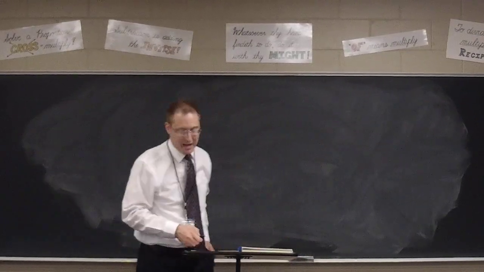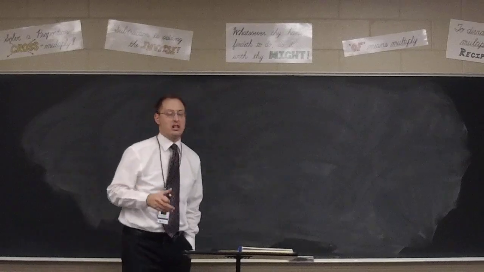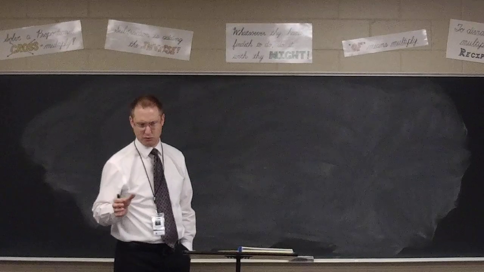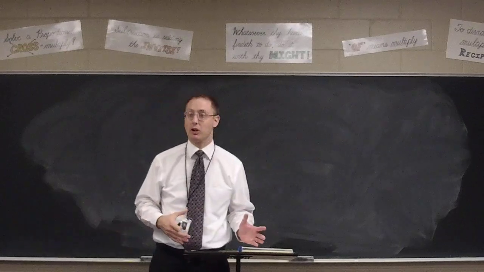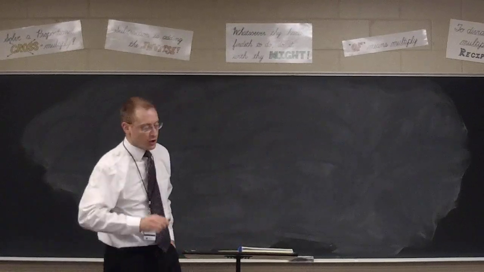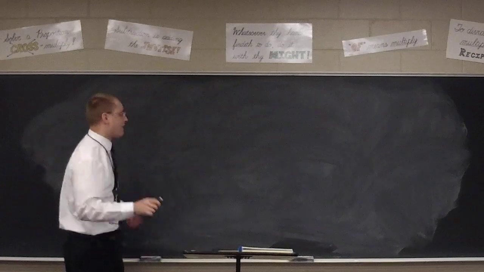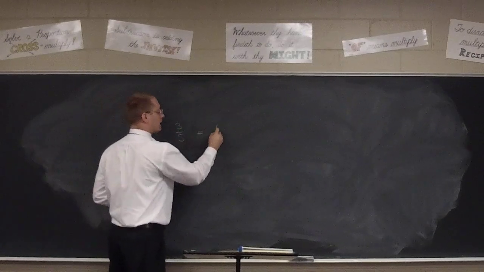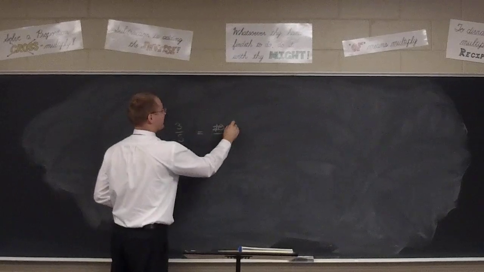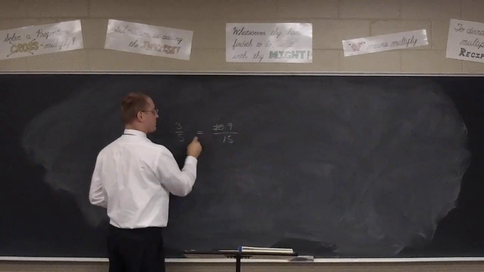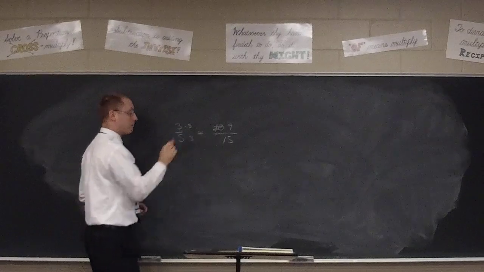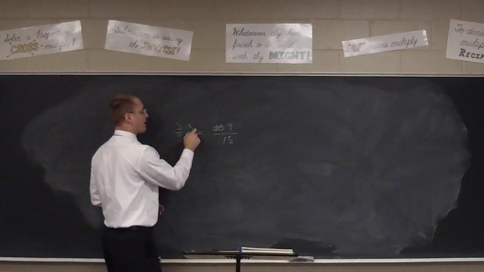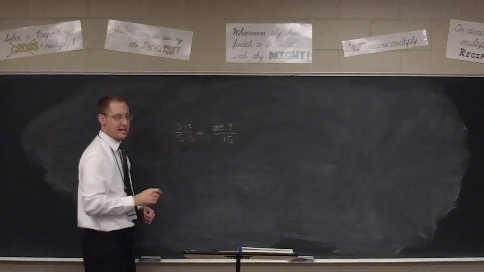It's something called dimensional analysis. And dimensional analysis is going to use something we normally try to stay away from to make our life easier. That's fractions. You're familiar with this already, right? If I were to take a fraction like 3/5, that's equivalent to 9/15 because I multiply by 3's. And it's okay to multiply by 3's because you're really multiplying by 3 over 3, and 3 over 3